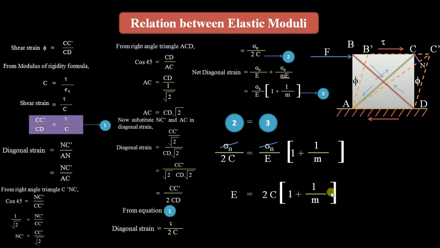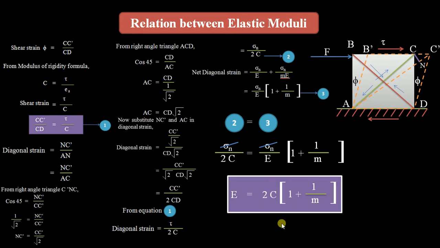This is the equation which gives the relation between Young's modulus of elasticity and the shear modulus of elasticity, or modulus of rigidity. This is the final equation, and it is very, very important. You have to remember the formula stating the relation between E and C. I hope you understood this derivation part. Next we go for